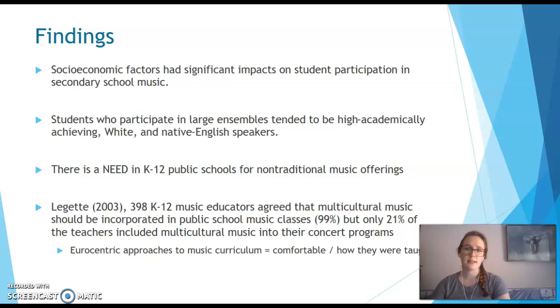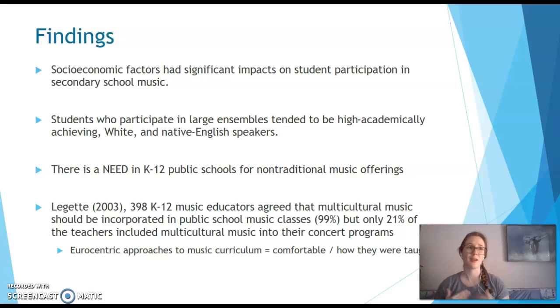Socioeconomic factors had significant impacts on student participation at the secondary music level. Students who participated in large ensembles tended to be those who were high academically achieving, white, and native English speakers. There was a disproportionate representation of minorities within these music ensembles. The third point: there's a need in K-12 public schools for non-traditional music offerings. This means band, orchestra, and choir. That's a great place to start,